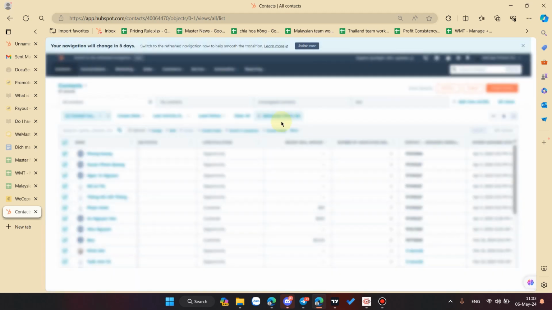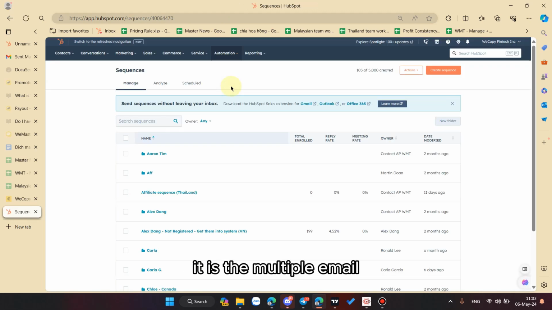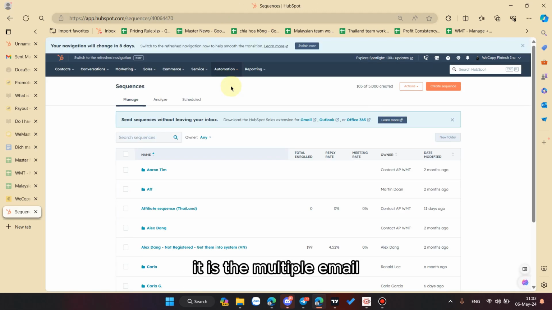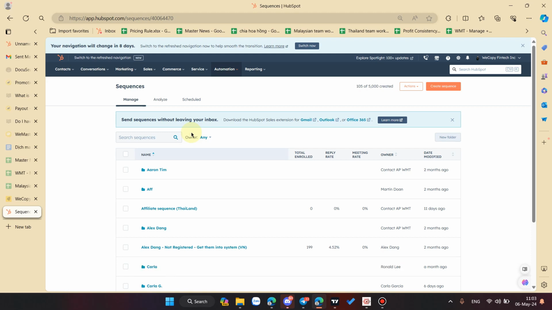Yeah. Now let's talk about the sequence. What is the sequence? The sequence is multiple emails that HubSpot will send them automatically, day by day. Back to the last example, I filtered out the Vietnamese who just registered an account with us. They did not buy anything.